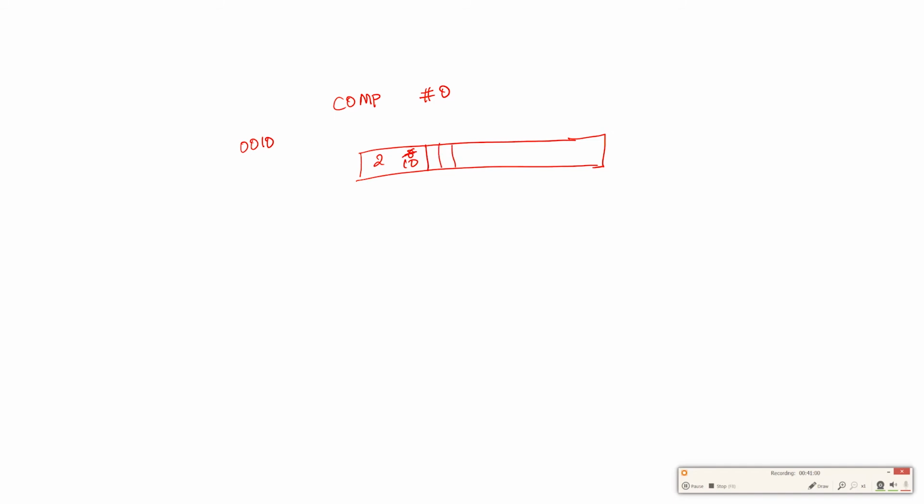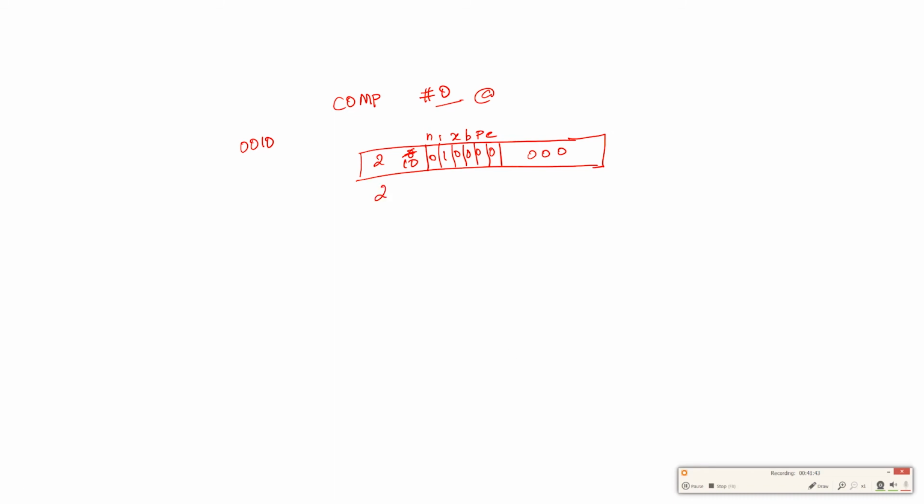So N, I, X, B, P, and E. Okay. So it's NIX, BPE, and here the value is 0. So I'm going to write 0 because I'm not going to any location. Directly the target is 0. So N, I, X, B, P, E. You can see here there is no need to find base relative or program counter relative. It is not format 4, it is 0. No X. Then it is not indirect. At symbol is not there. So hash symbol is there. So it is 0 and this is 1.